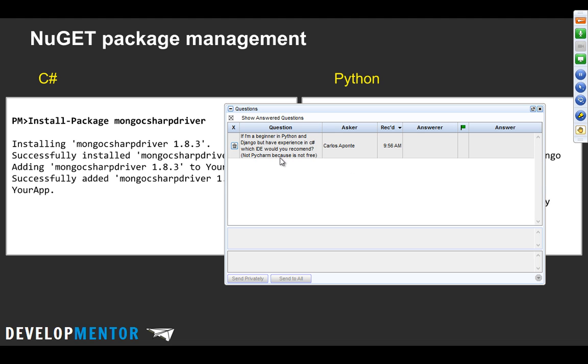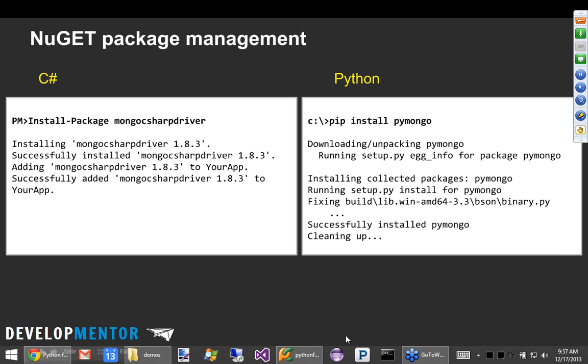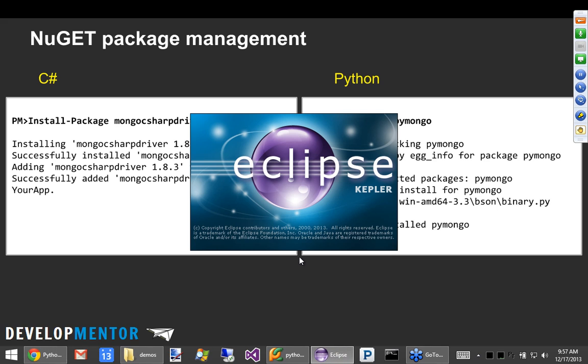Python Package Index. If I'm a beginner in Python and have Django experience, which IDE would you recommend? Well, PyCharm is like $29 or $99 for individual use, so it's pretty cheap. If you really don't want to use that, then Visual Studio, if you're a C# developer, I'm guessing. If you have Visual Studio, that would be my second one. My third one would probably be PyDev, which is an extension to Eclipse.